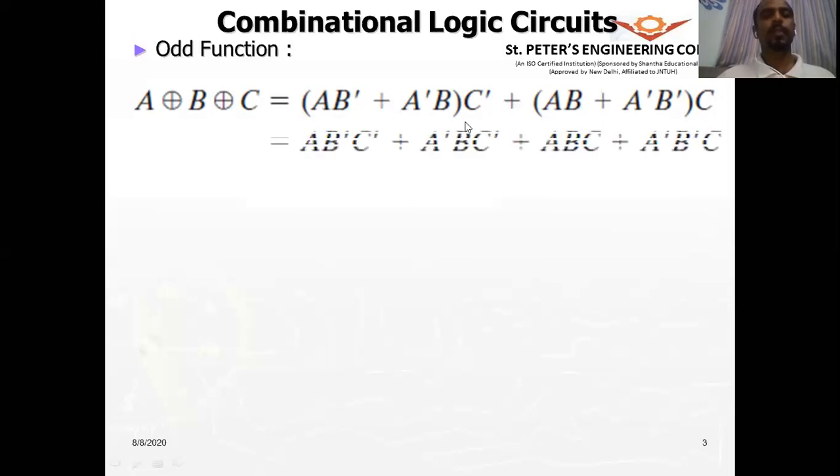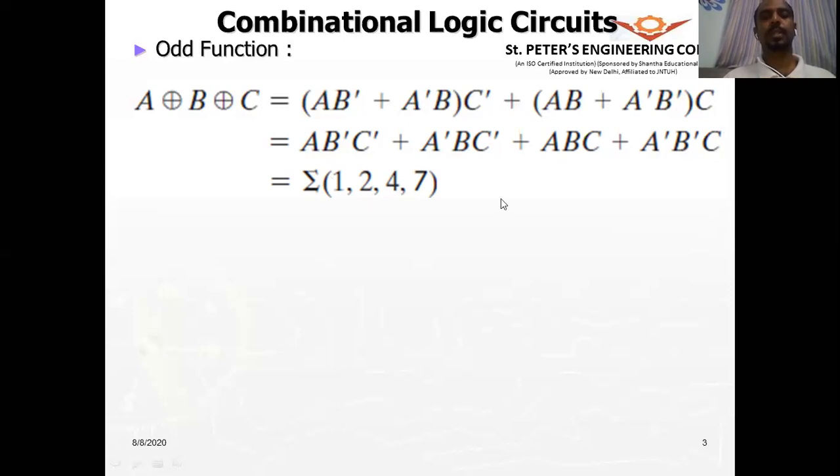When we further simplify this, we get this term. Here a is the most significant bit and c is the least significant bit. So 100 is 4, and 001 is 1.